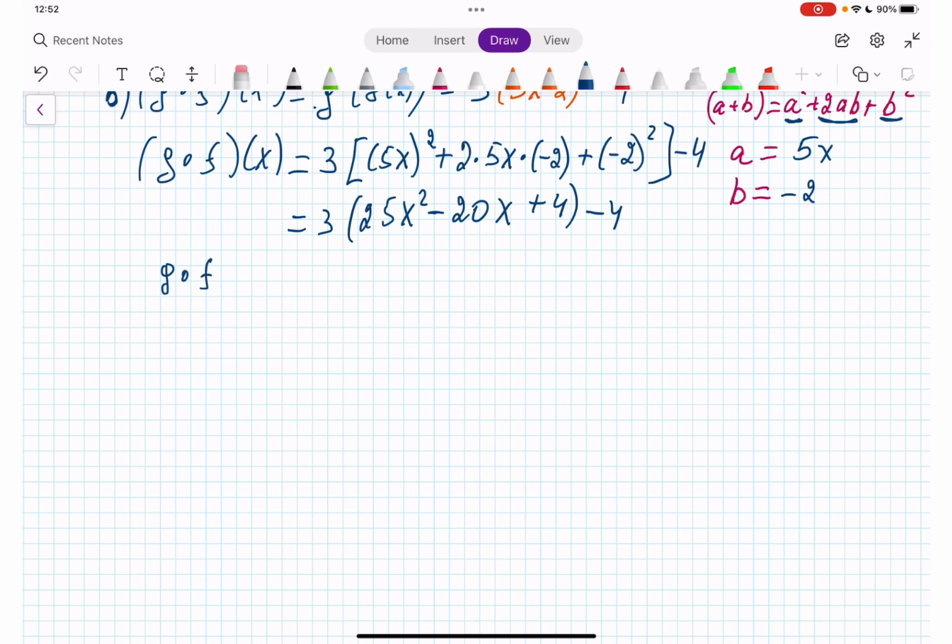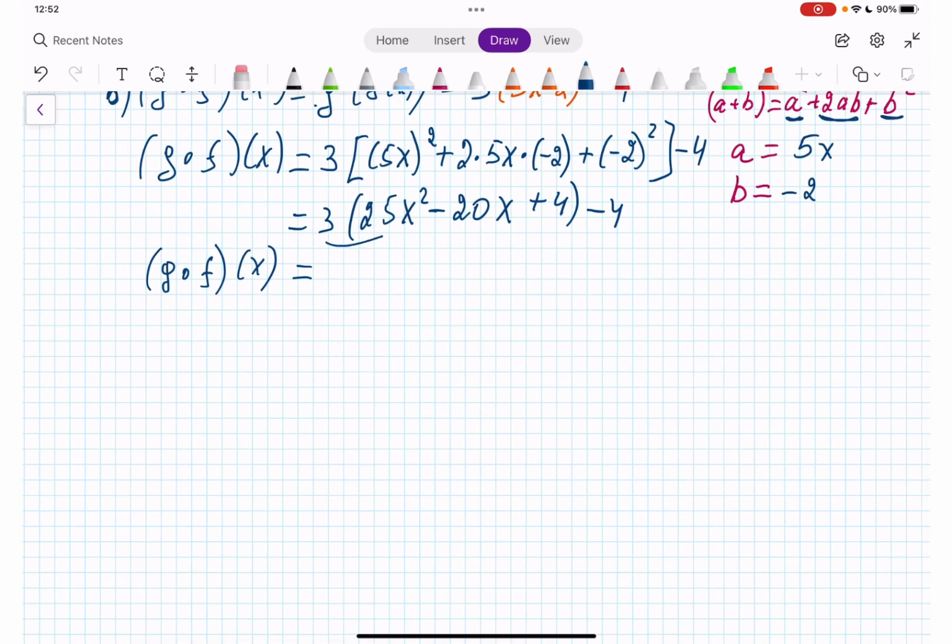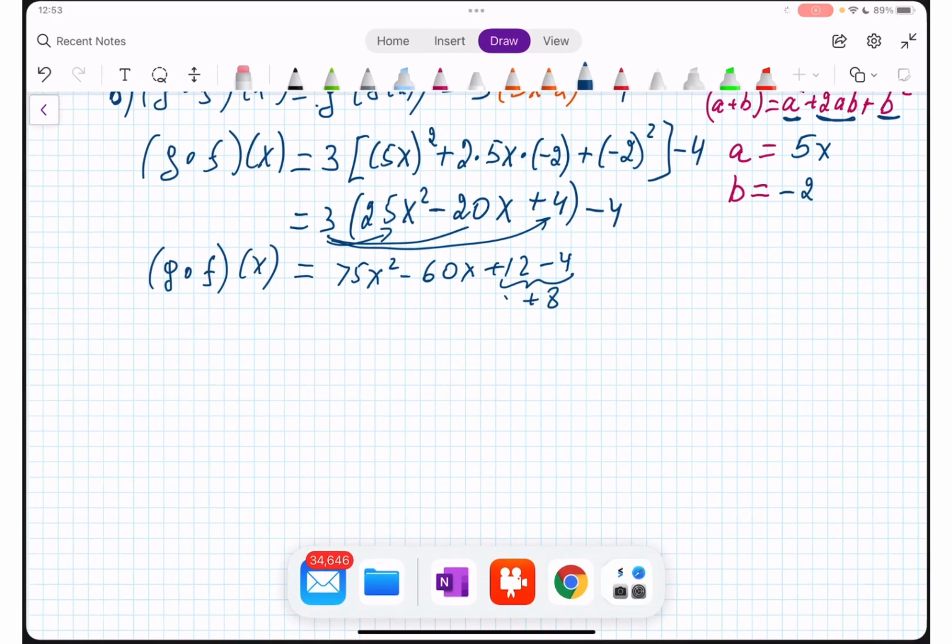So from here, we are getting g composed with f of x equal, so let's distribute. 3 times 25, it's going to be 75x squared. 3 times negative 20x, it's going to be minus 60x. 3 times 4, it's going to be plus 12 and minus 4. So these two, it's going to be plus 8, right? So we have 75x squared minus 60x plus 8. Okay,